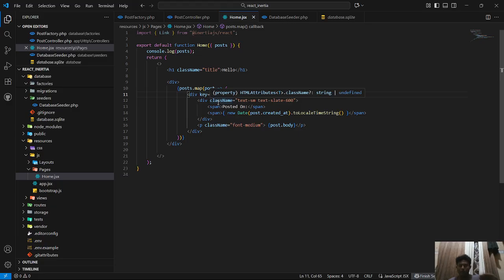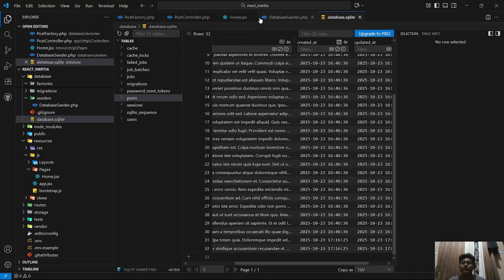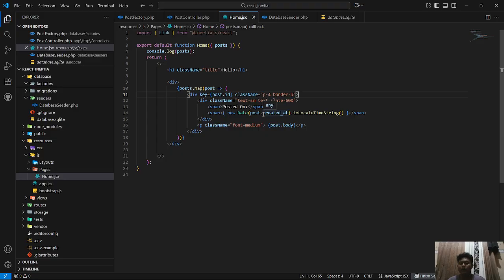In the table post, we have four columns: the first ID, second body, then created_at and updated_at. We use the data created_at and body. In the body, we have text, and in created_at, we have a time.